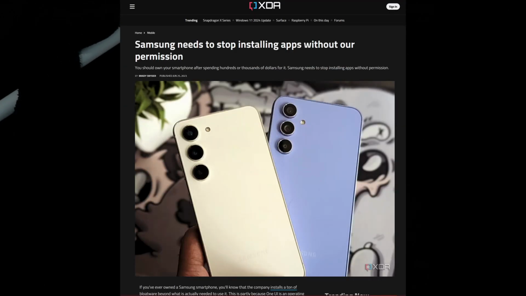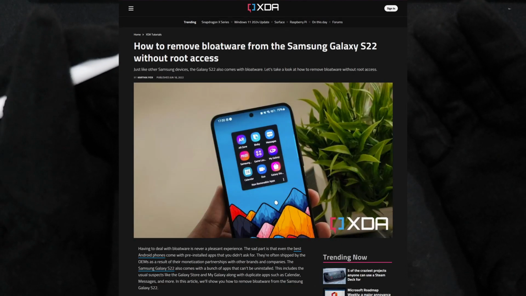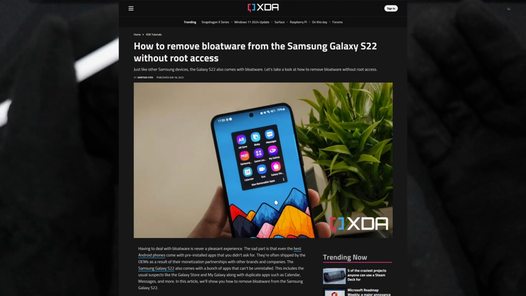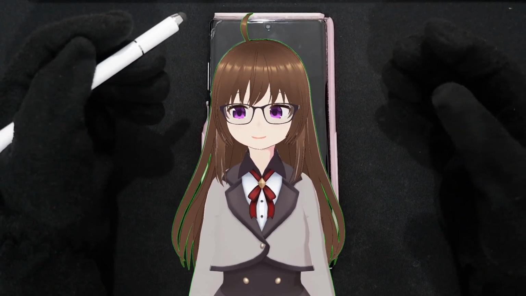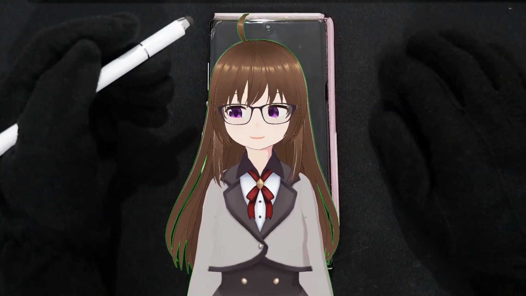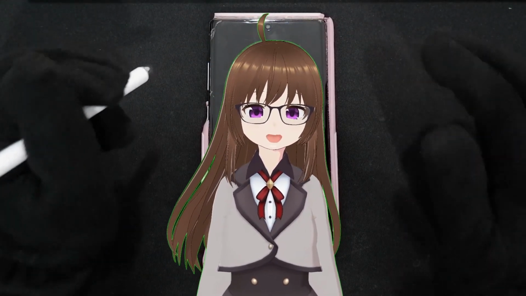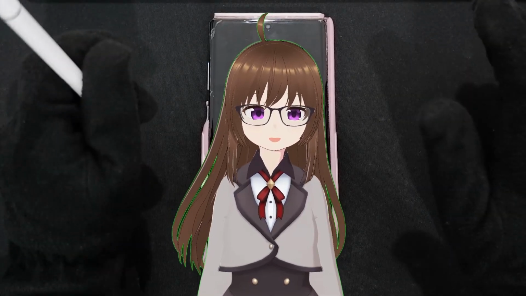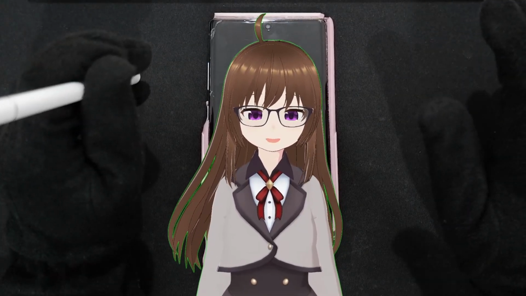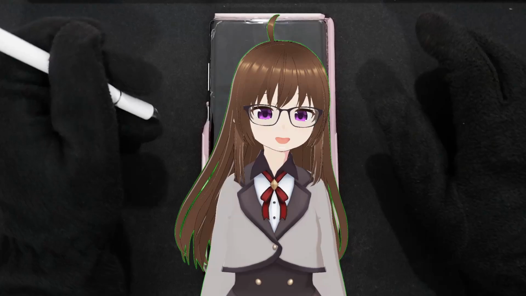If you don't know, there's a couple of web pages that talked about how much bloatware Samsung has in their operating systems, which is insane in my opinion. So if you want a clean Android OS without the bloat, usually Android Open Source Projects are amazing for that. Now there might be some more questions in your mind.